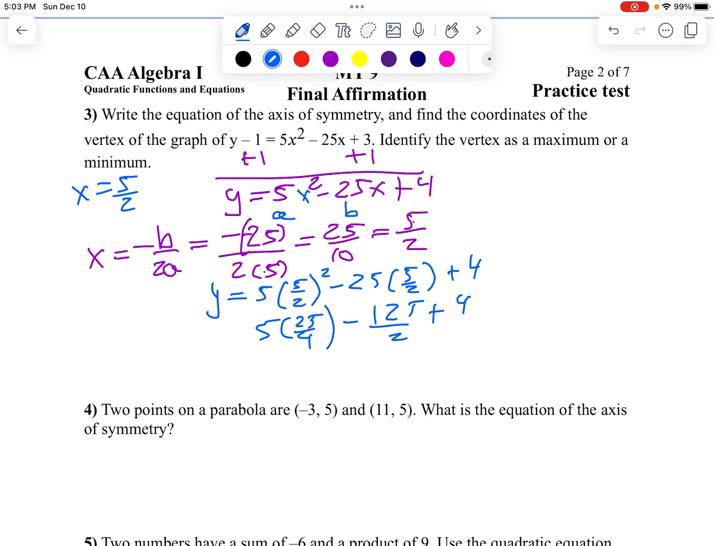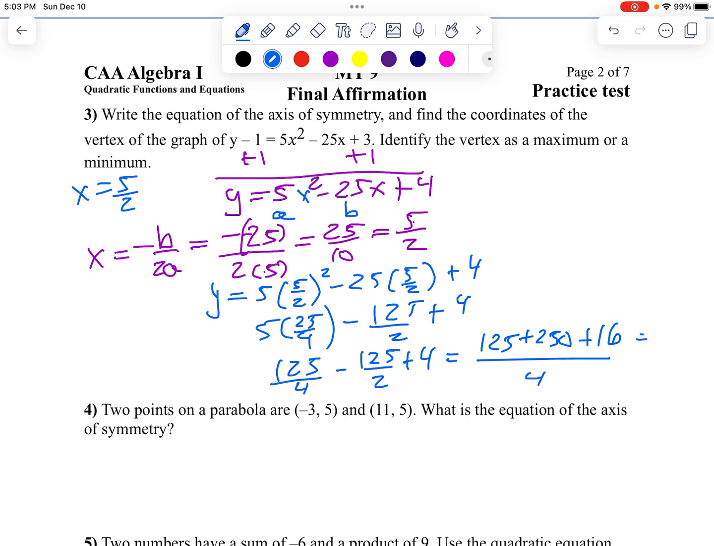So 5 times 25 is 125 over 4 minus 125 over 2 plus 4. Well, we probably want to rewrite that with a common denominator of 4, don't we? So you get 125, and then we have to multiply by 2, so we get plus 250. And then 4 times 4 is 16, right? So 125,